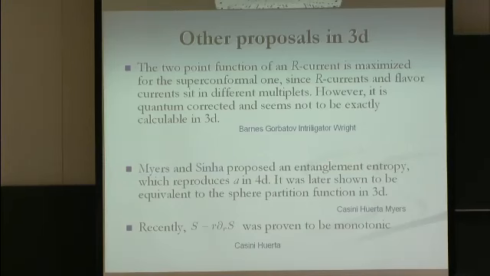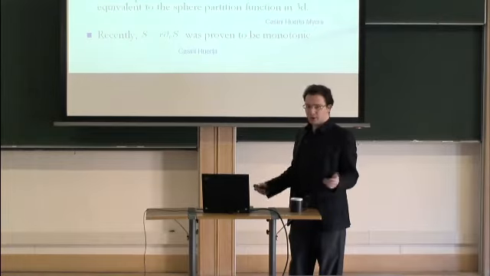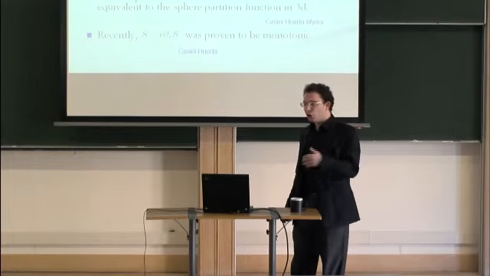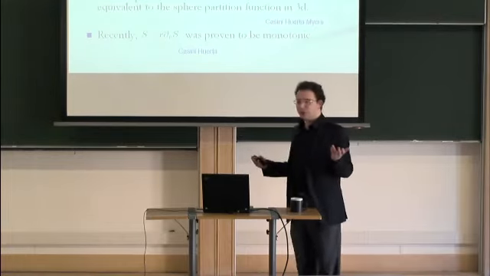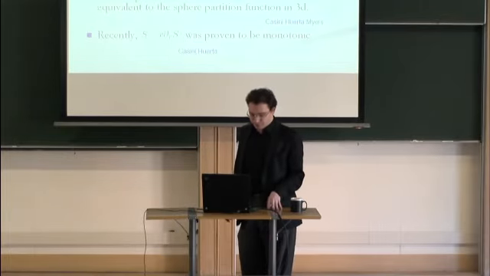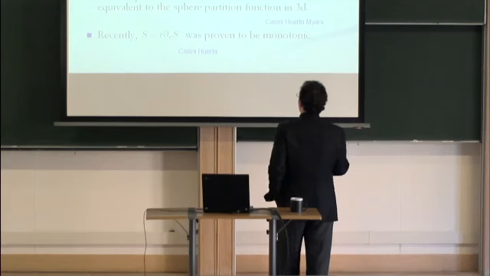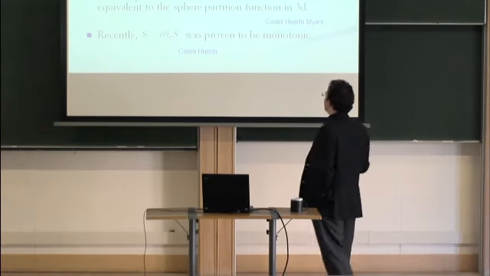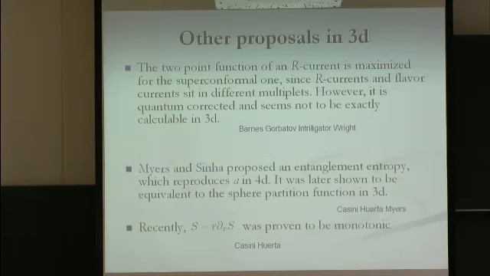And this was proven because of the multiplet structure of the currents. But the quantity that sits there doesn't look like it's something easy to calculate. It receives quantum corrections, and one doesn't know how to calculate it. It's also known to not be monotonic, so it doesn't seem to do the job, even though it's a true statement, but it doesn't answer the question. And then something which at first sounds completely different. So I'm going to say that the answer is the sphere partition function, but something which sounded completely different was